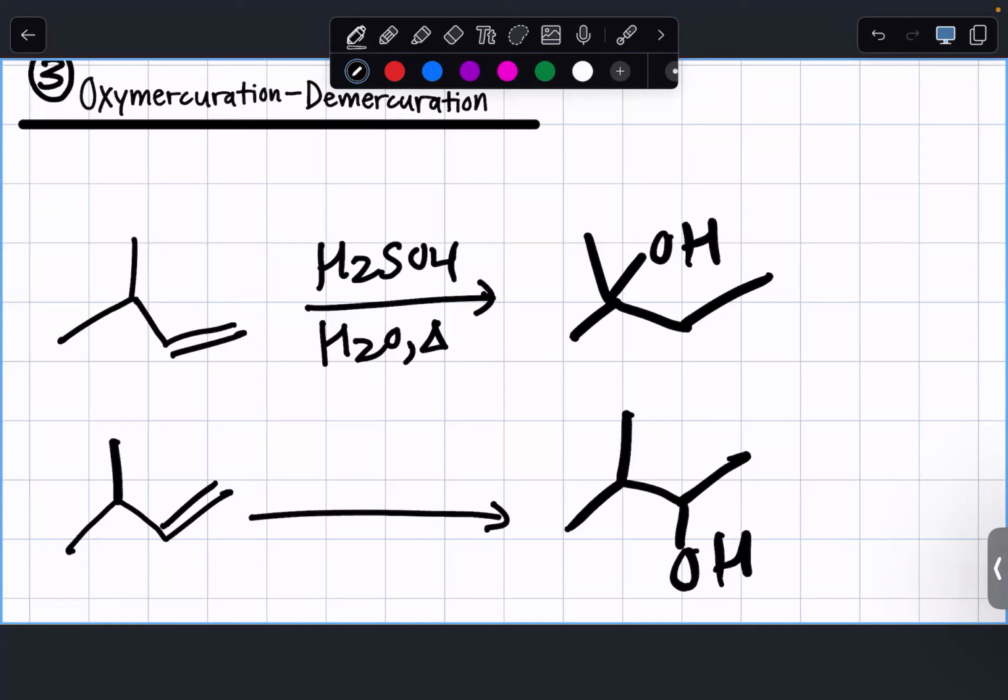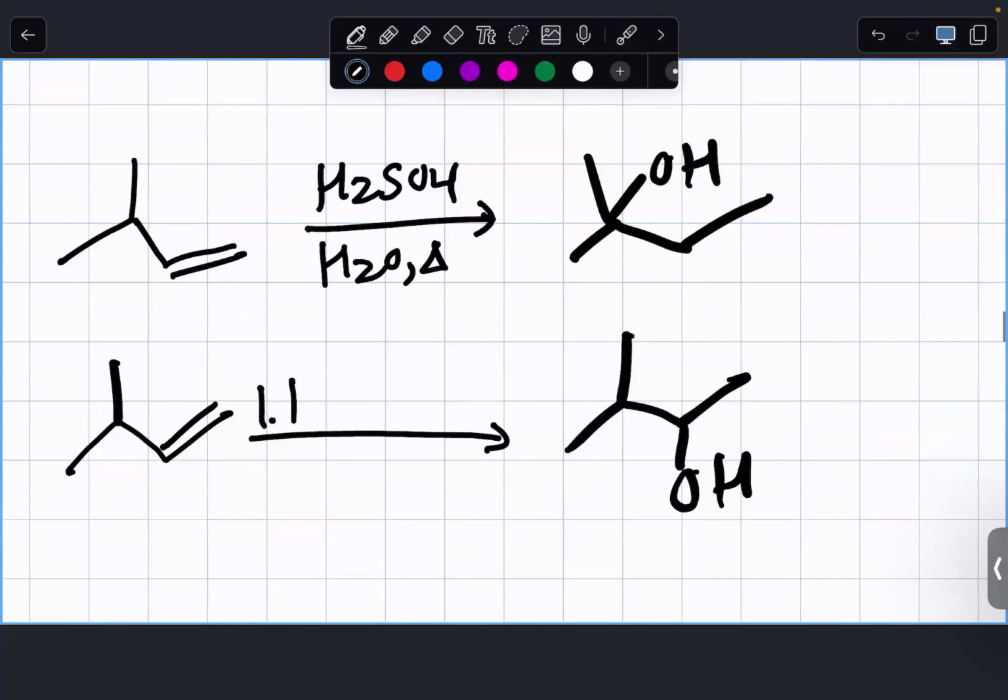Yeah, H plus will always bond to the less substituted side of the alkene, and the carbocation will always go to the more substituted side of the alkene. If you wanted this answer here with no rearrangement at all, then the reaction here is oxymercuration-demercuration. That reaction does not have any rearrangement, so you could select for this Markovnikov composition without worrying about any shifts. Okay. And the reagents for that,